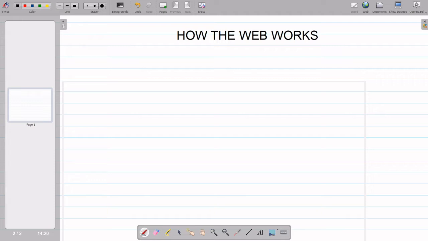Before we go deep into front-end web development, we need to know how the web works. Okay, so the first part of